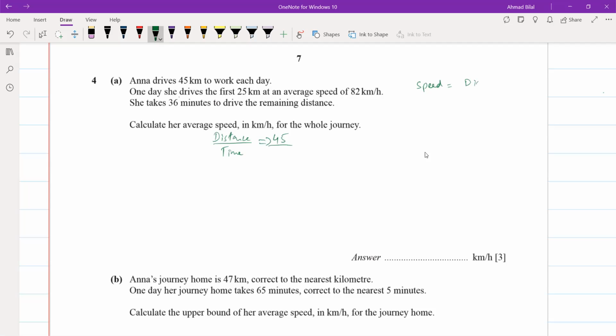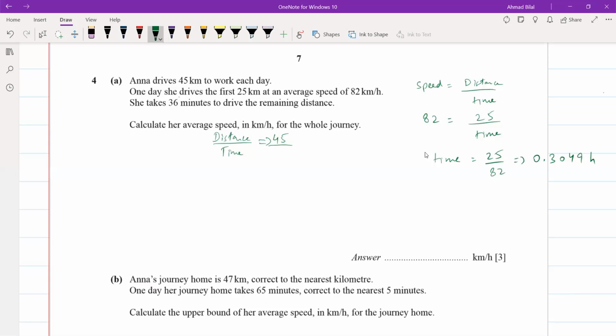Speed equals distance over time, right? Speed कितनी है? That's 82. Distance कितना है? 25. Time taken आपके पास यहाँ से आ जाएगा. Time आ जाएगा 25 divided by 82, and that will give you something in hours. 25 divided by 82, that is 0.3049 hours. ठीक है, ये हमारे पास आ गया